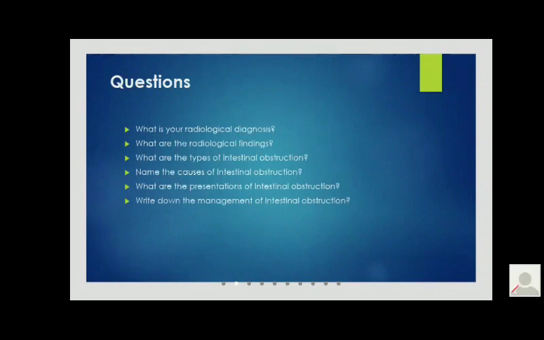If non-viable, no peristalsis. Another important thing: if you prick the mesentery, there is bleeding from the mesenteric vessels. In case of viable gut, the mesentery bleeds on prick. So these are the assessments of the viability of the gut during surgery. If you suspect that the gut is not viable, you have to remove this part of the intestine. So it is important to assess viability during surgery.